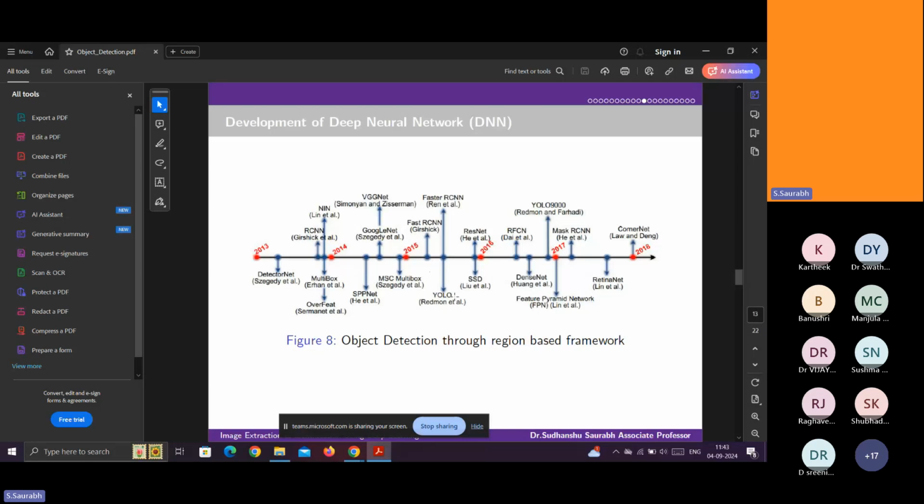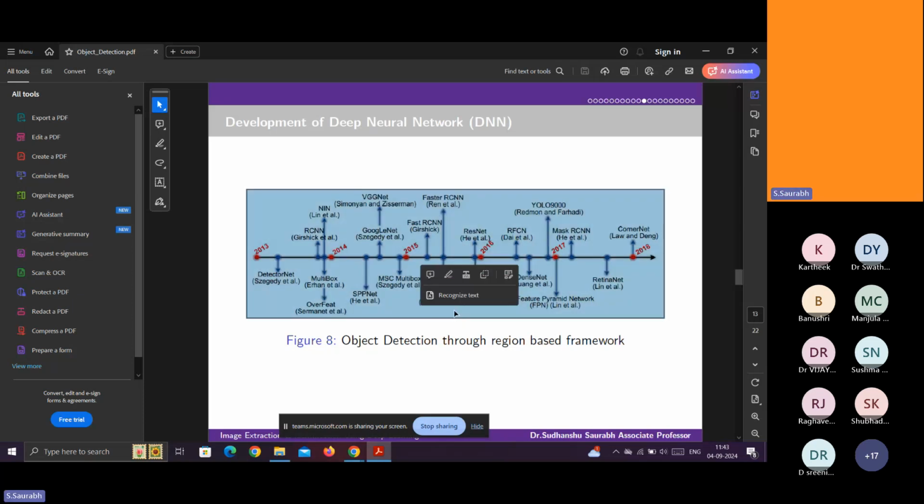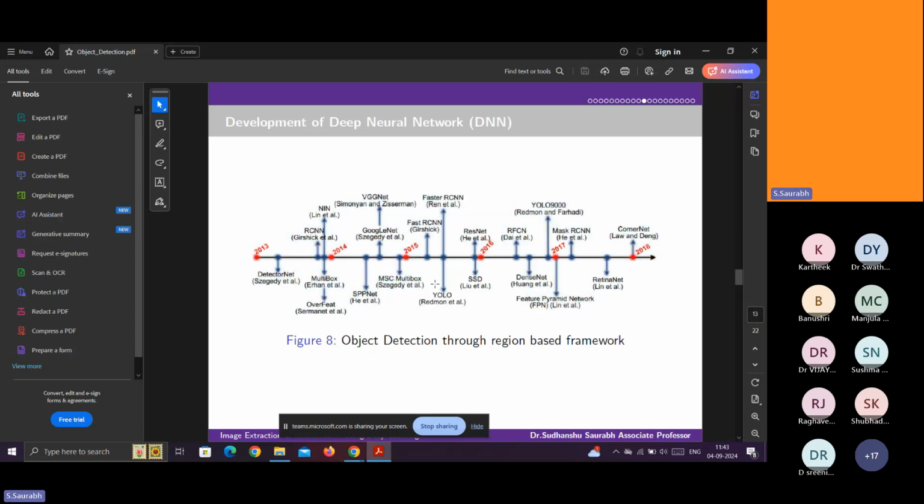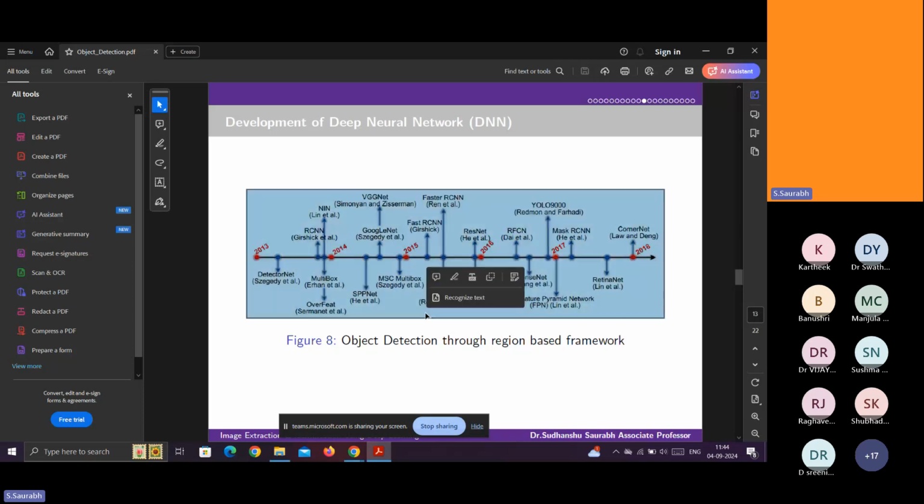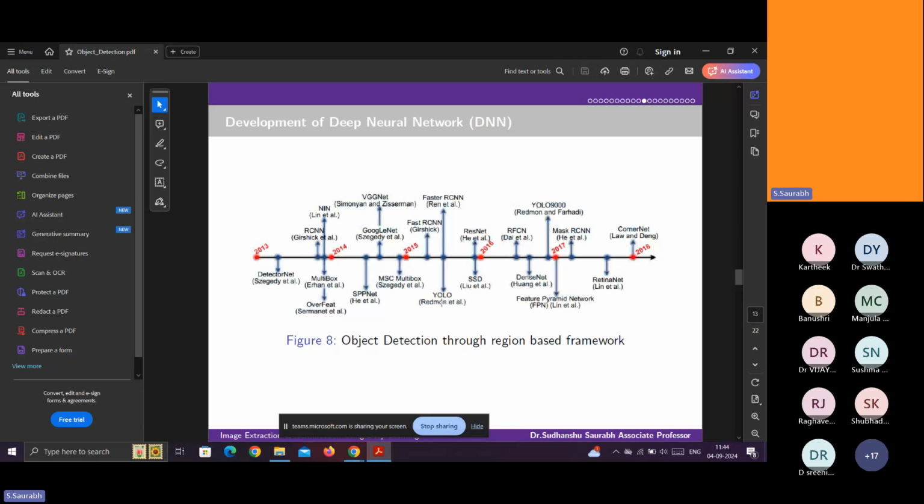And now next, the YOLO algorithms, given by Redmon. Why is it most widely used? Because it is easily downloadable and you can change one or two lines of code and then use it on your own dataset. You can detect. And ResNet is also good, but not that much.